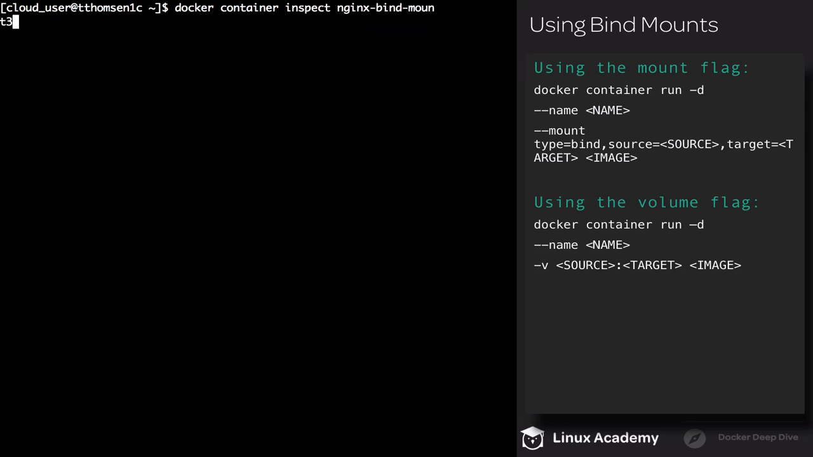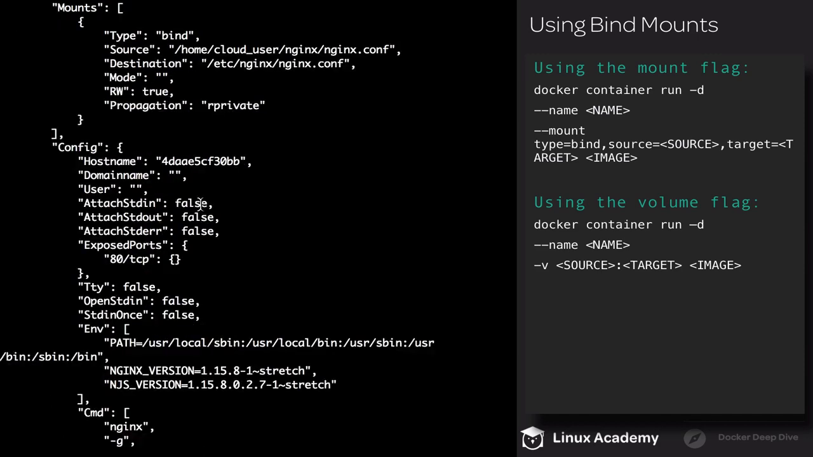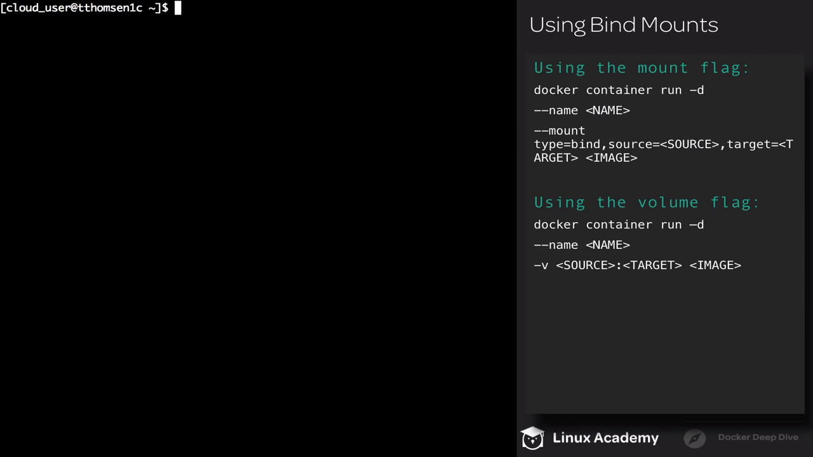Now that the container has been created, let's inspect it. Look for the mounts, and you can see that we do have our bind mount here, and that our source is going to be /home/cloud-user/nginx/nginx.conf, and the destination is going to be /etc/nginx/nginx.conf. The reason why using a bind mount to manage a configuration file is pretty handy is it allows us